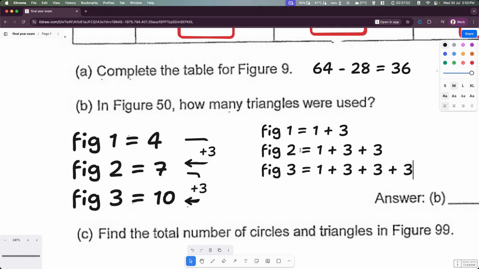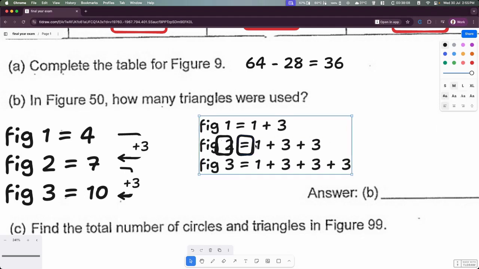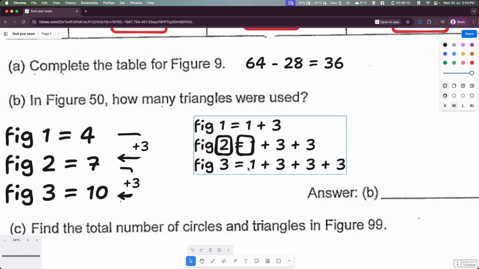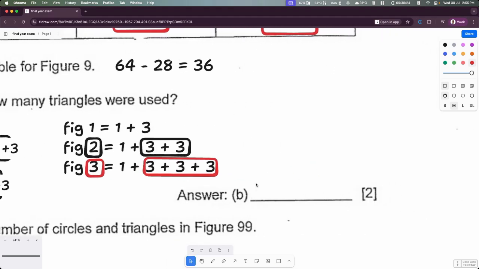Okay, so I think hopefully you can see the obvious one, right? So 2 over here is basically the number of trees. Okay, so 2 basically is the number of trees. Figure 3, in this case, I'm going to put it red, is the number of trees over here. So that means it's the same as